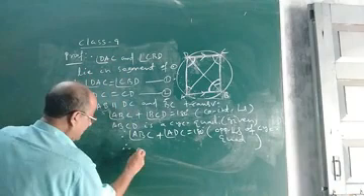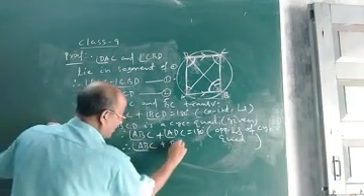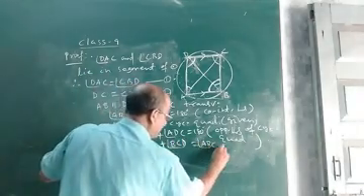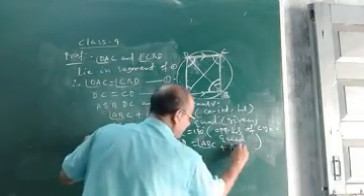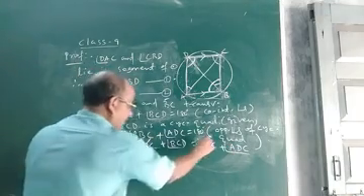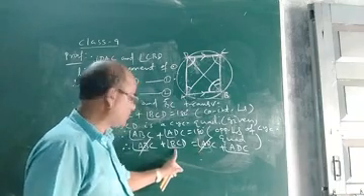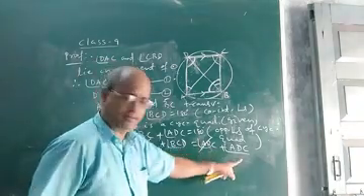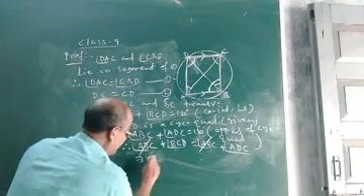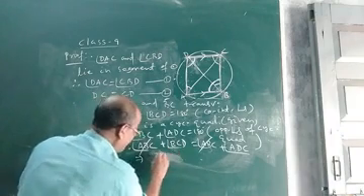My next step will be angle ABC plus angle BCD equal to angle ABC plus angle ADC. Okay. So on comparing the two equations, you will get this. Now you cancel angle ABC from both sides. So what will be left? Angle BCD equal to angle ADC. Okay, so write down: angle ADC equal to angle BCD.